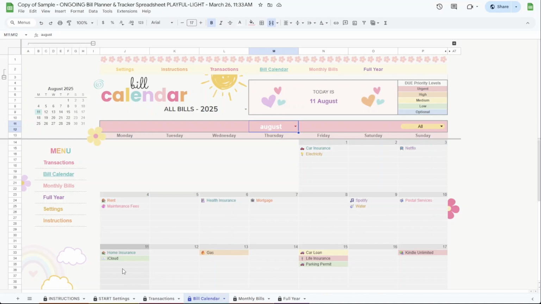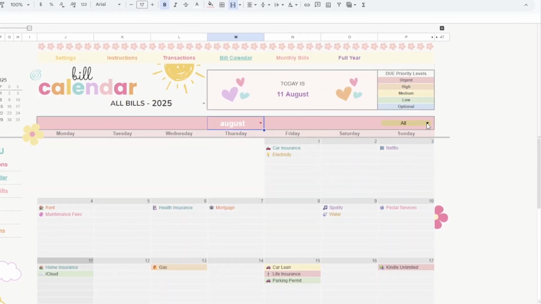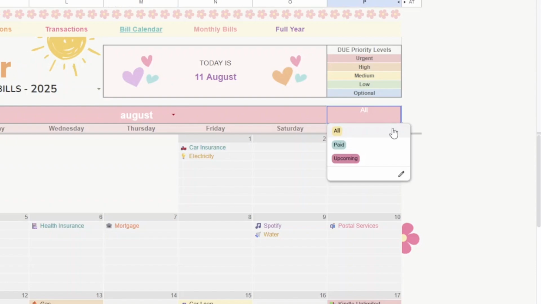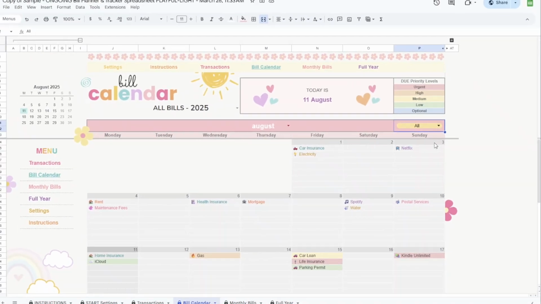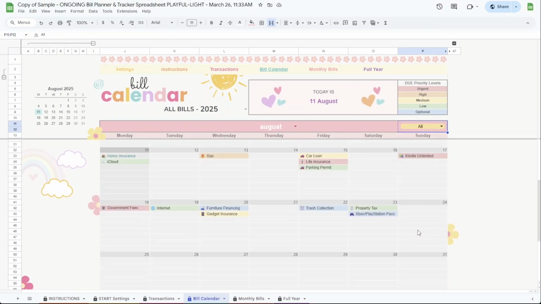The current day is also highlighted so you can easily spot where you are in the month. Another cool feature: in the top right corner of the calendar, next to the month selection, there's a drop-down filter where you can choose which transactions to display. As you can see, right now we have all selected, so every transaction for this month is visible, both paid